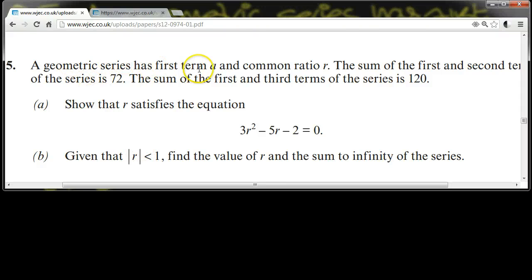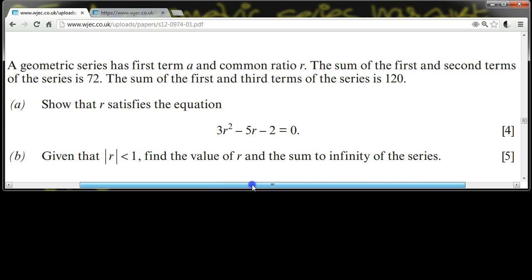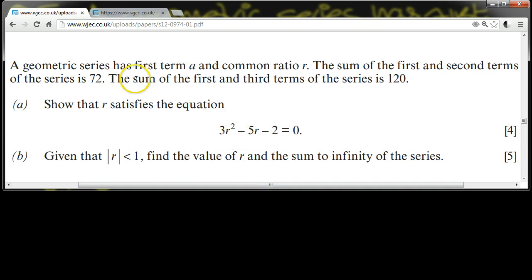A geometric series has first term A and common ratio R. The sum of the first and second terms of the series is 72. The sum of the first and third terms of the series is 120. Show that R satisfies the equation 3R squared minus 5R minus 2 equals 0. Given that the modulus of R is less than 1, find the value of R and the sum to infinity